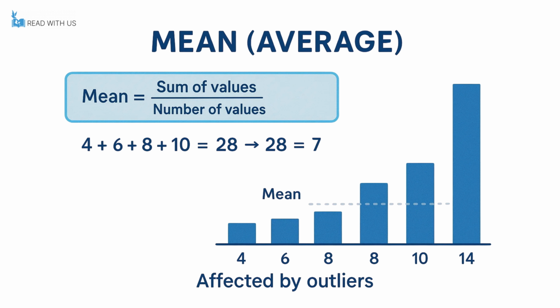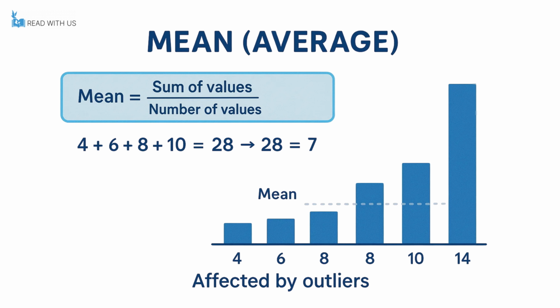To find the mean, you add up all the numbers, then divide by how many there are. For example, if the numbers are 4, 6, 8, and 10, you add them: 4 plus 6 plus 8 plus 10 is 28. Then divide by 4, giving a mean of 7. The mean gives a fair representation of the data, but can be affected by very large or very small values